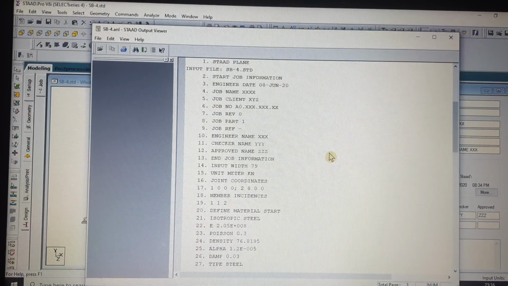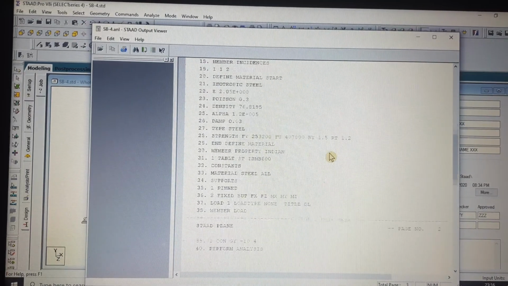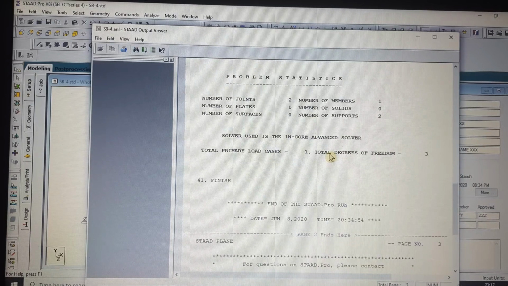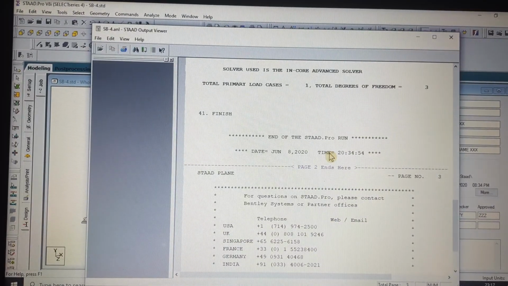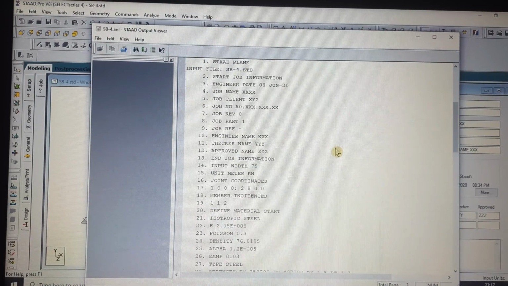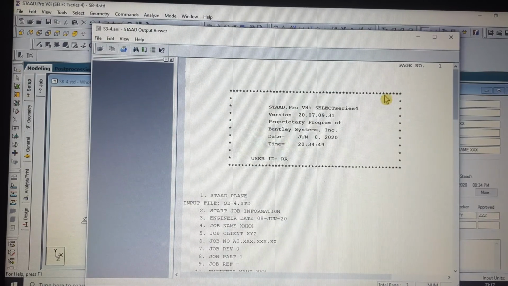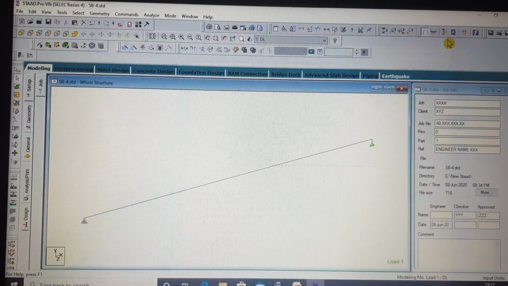But I have run it, since I explained the manual calculation and the STAAD simply supported beam option, so that's why it is visible. It is also an output file, and since you are viewing it, you will not be able to change it. If you go by post processing, there also you cannot change the output file. So this is the functionality of that button.